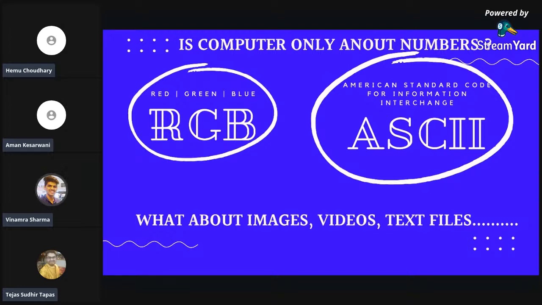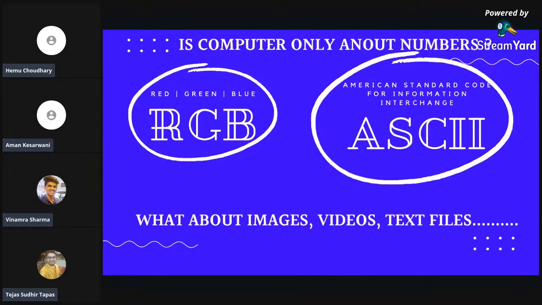So as soon as you push A, it is not kept as A, but it is transferred to its ASCII, and then from ASCII it is transferred to its binary. As soon as you press A, it is counted as 65, and instantly, within a fraction of a millisecond, it is converted into binary, because the computer only understands binary. There is no other language that the computer understands.